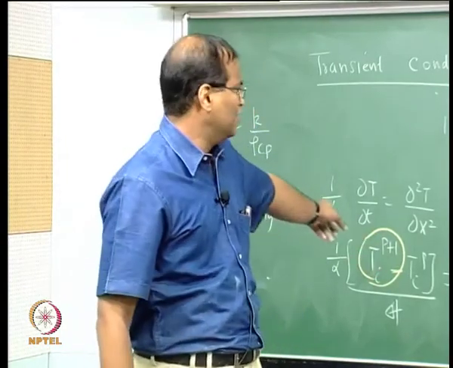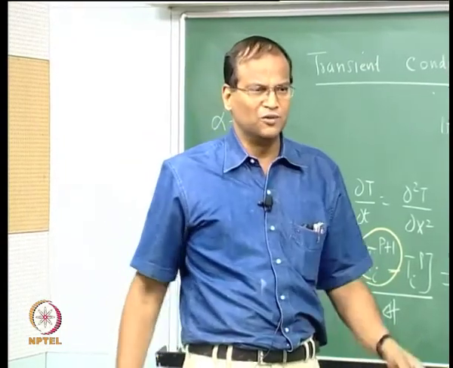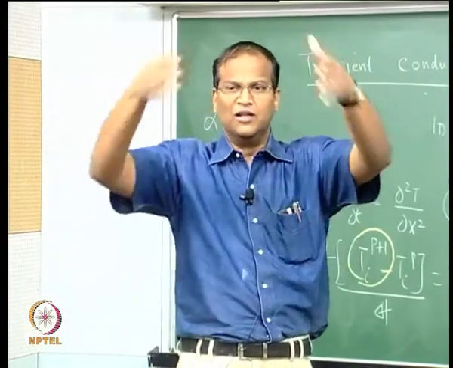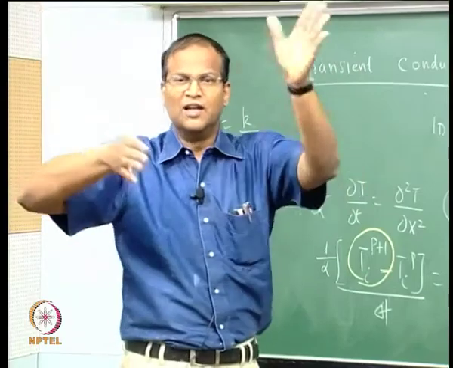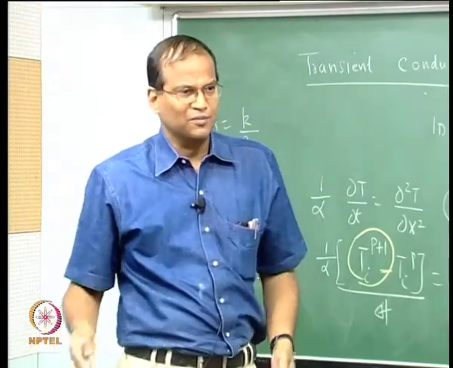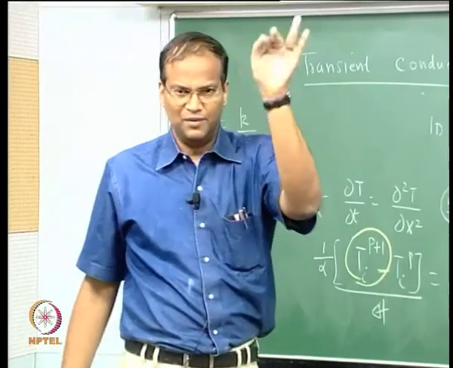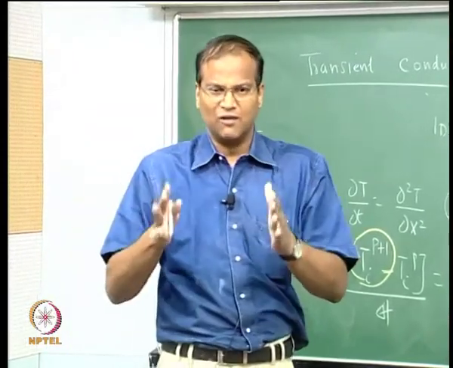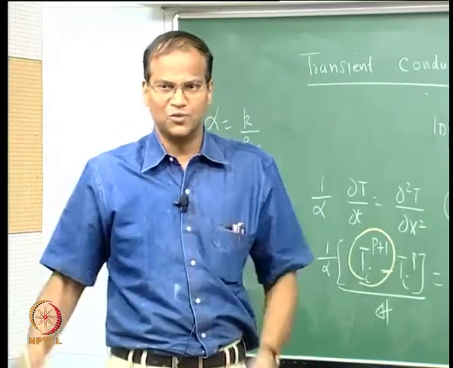In any equation in mathematics, the right hand side is known, the left hand side is unknown. Unfortunately, when you put the implicit scheme, the right hand side also becomes unknown. So several terms are there: i minus 1, i plus 1, all the things we want at p plus 1. Therefore, you have a tridiagonal matrix algorithm, which has only 3 elements in the matrix. You assemble everything, simultaneously solve at that time step, then go to the next time step and so on.